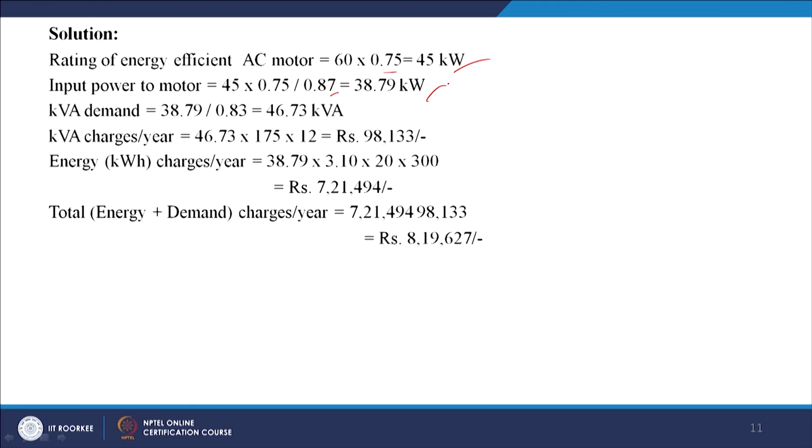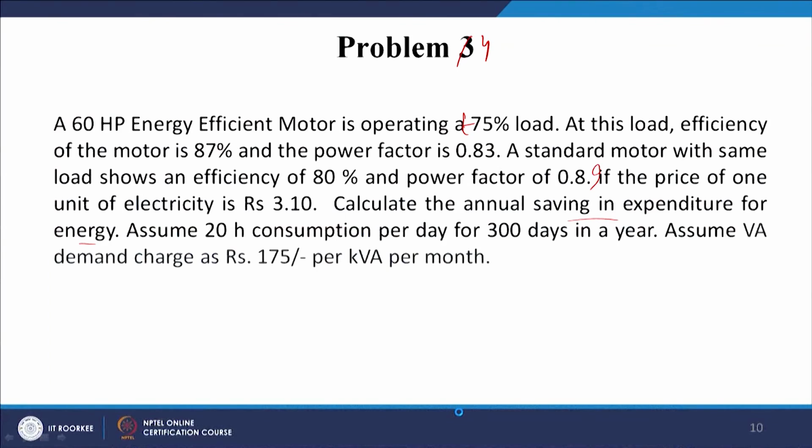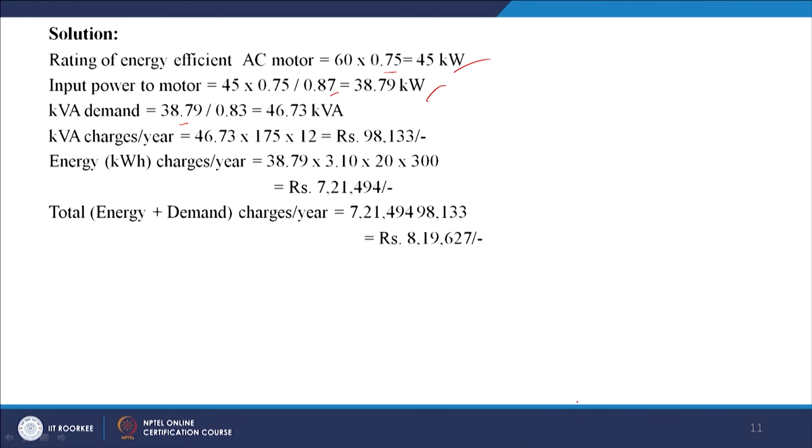So, we are getting 38.79 kilowatt, and kVA demand is 38.79 divided by 0.83, because the power factor is 0.83 as given here. So, this value is coming 46.73 kVA, kilovolt ampere. So, kVA charges per year is equal to this much into 175 into 12, that is 98,133, and energy charge equal to 38.79 into 3.10 into 20 into 300. So, that is equal to rupees 7,21,494. So, kVA charge plus energy cost, we are getting